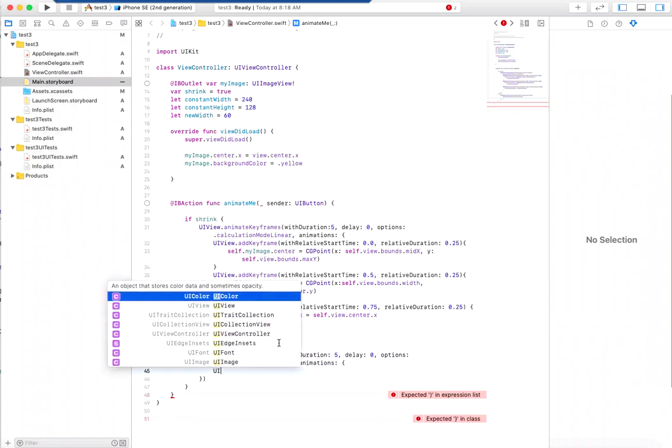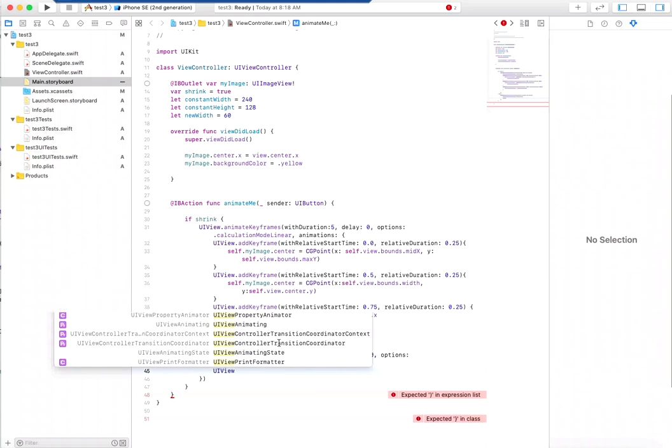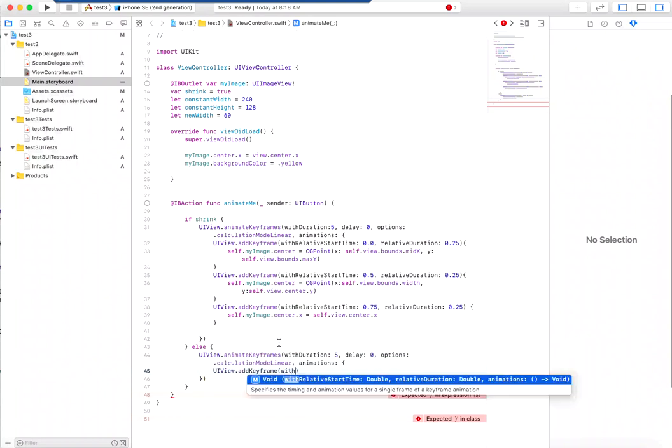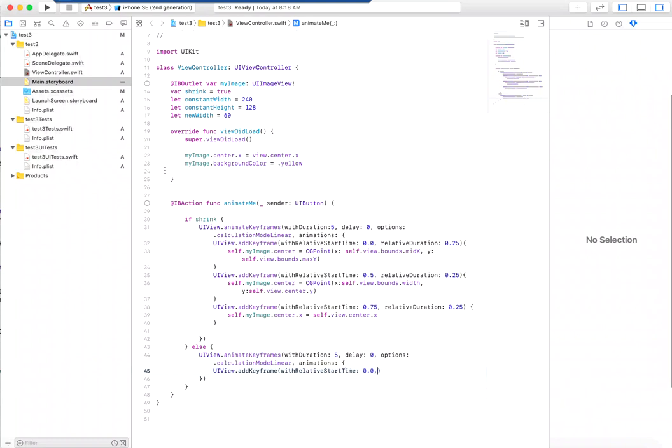Then I'll do UIView dot addKeyframe in parentheses with relative start time 0.0, relative duration 0.25, closing parenthesis, open curly bracket,